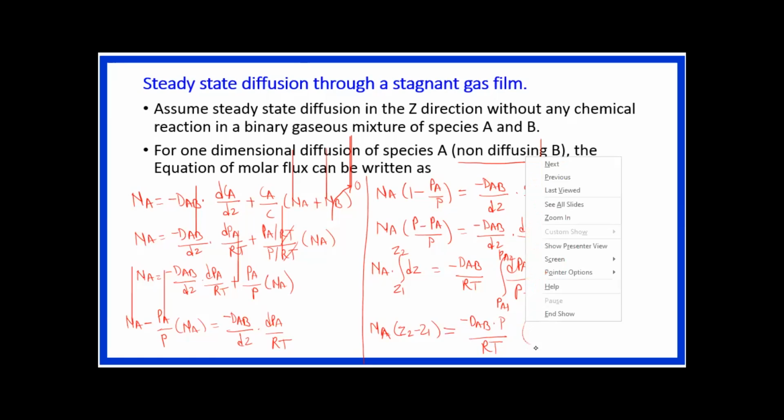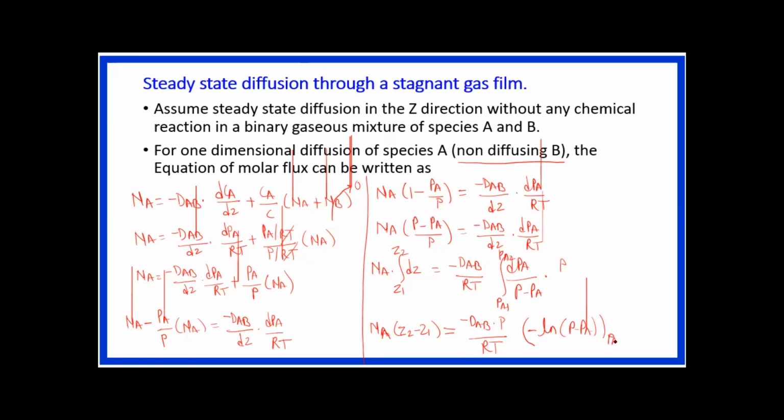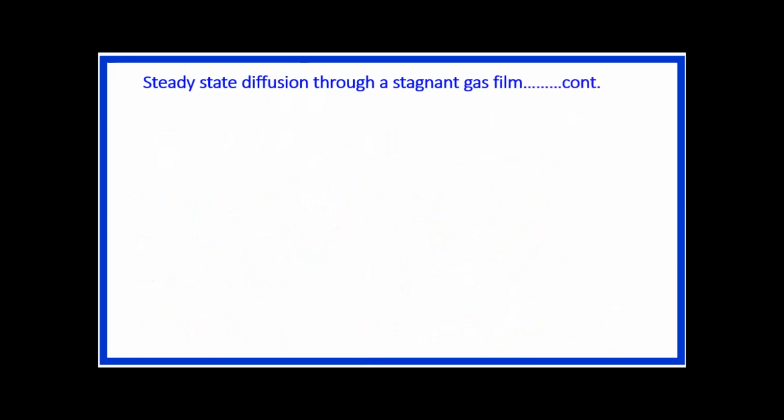Then the integration of dP upon P minus Pa. So that is in terms of ln, and minus Pa is there, that is why minus sign is also there. So minus ln of P minus Pa, and integration applies from Pa1 to Pa2, right? So we have to apply these upper and lower integration limits on the right hand side, and simultaneously we have to cancel this minus sign from this dAb and minus sign in this ln, right? So the equation becomes